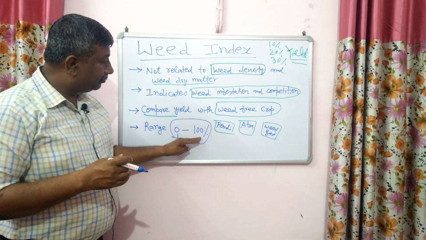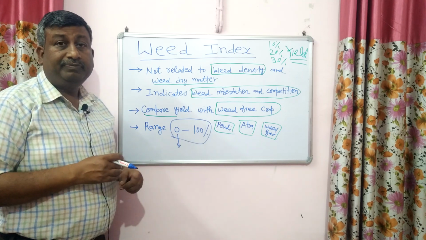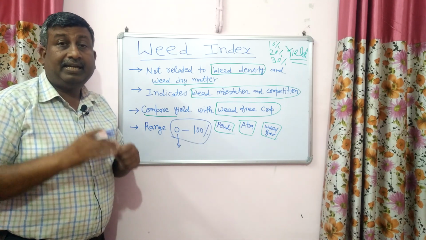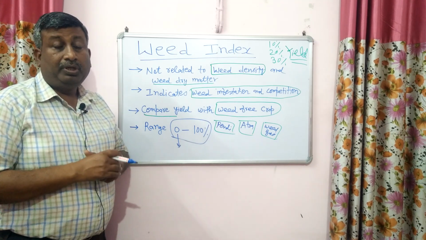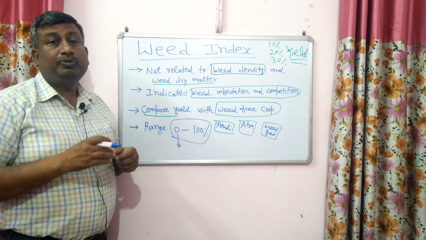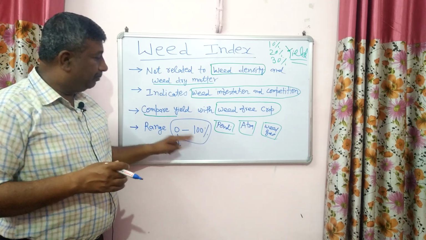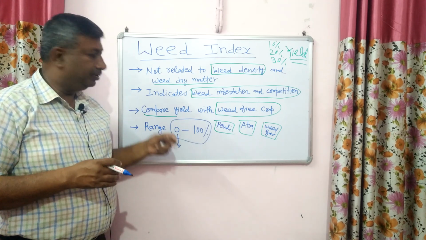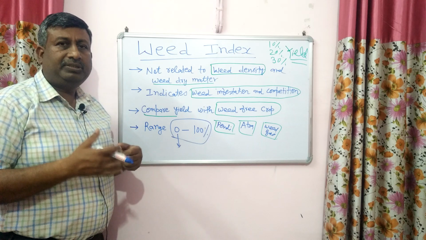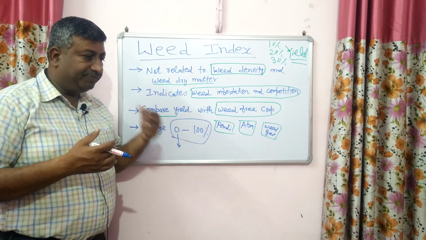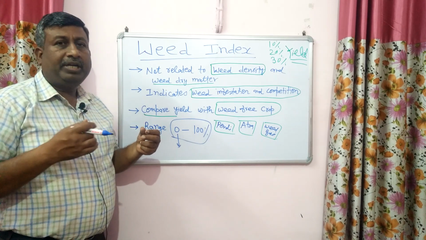If it is 100% weed index, इट मीन्स ग्रेन यील्ड इन ट्रीटेड प्लॉट इज जीरो. कि जो ट्रीटमेंट हमने लिया है उसमें ग्रेन यील्ड क्या है? जीरो है. तो इट इज नॉट पॉसिबल. बोथ द वैल्यूज आर नॉट पॉसिबल. जीरो में भी पॉसिबल. जीरो देयर इज चांस दैट वीड फ्री क्रॉप यील्ड एंड ट्रीटेड प्लॉट यील्ड इज इक्वल.